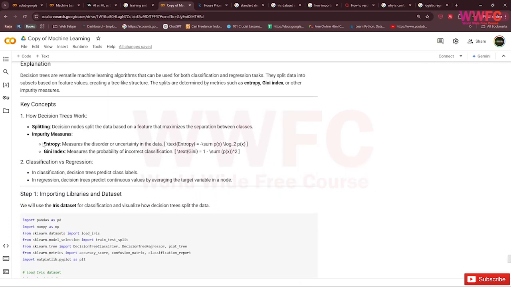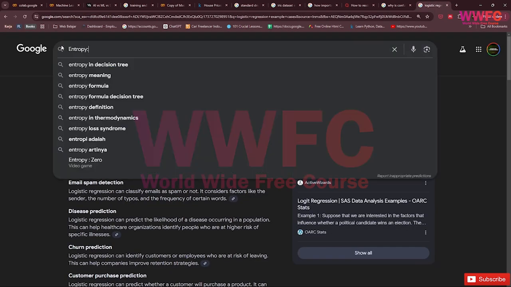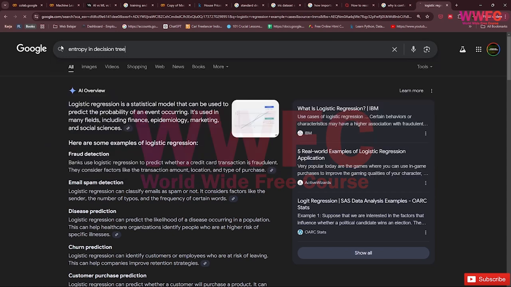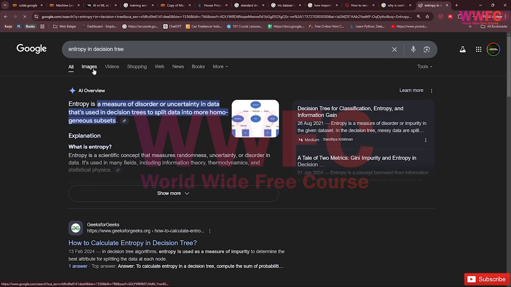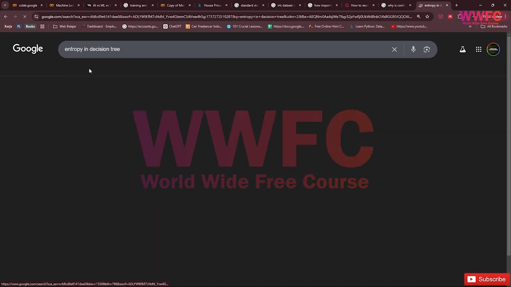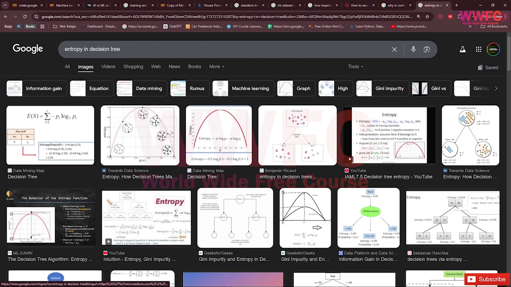We use entropy measurements in the decision tree, a measure of disorder or uncertainty in data, to split data into more homogeneous subsets. It uses these equations.